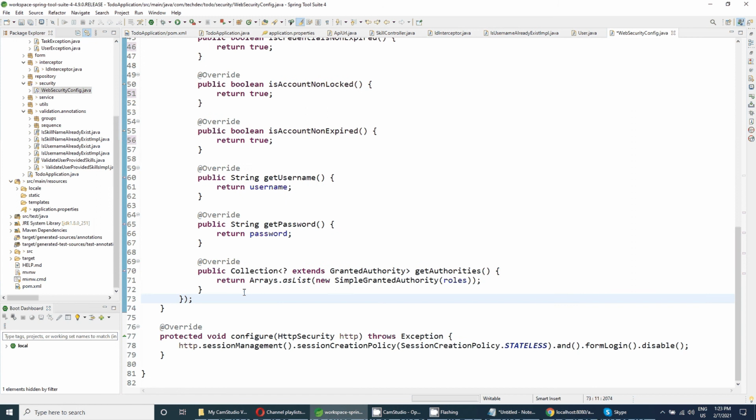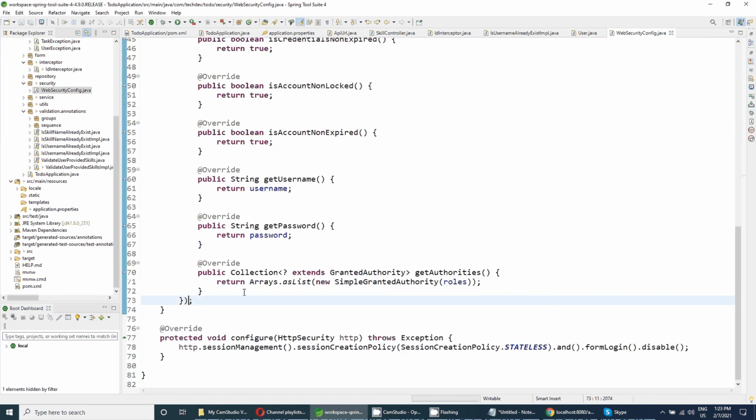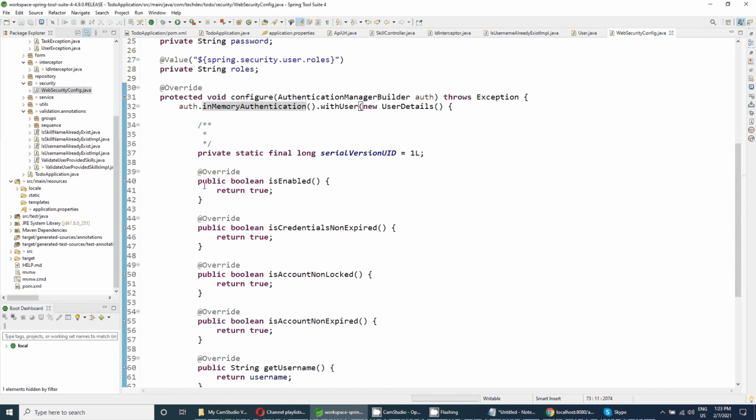Okay. Then after that, I will explain in another video. Right now we are good with this configuration, where we have given the authentication-related configuration with custom Spring Security. In a further part, I will show you how we can give our custom authentication.